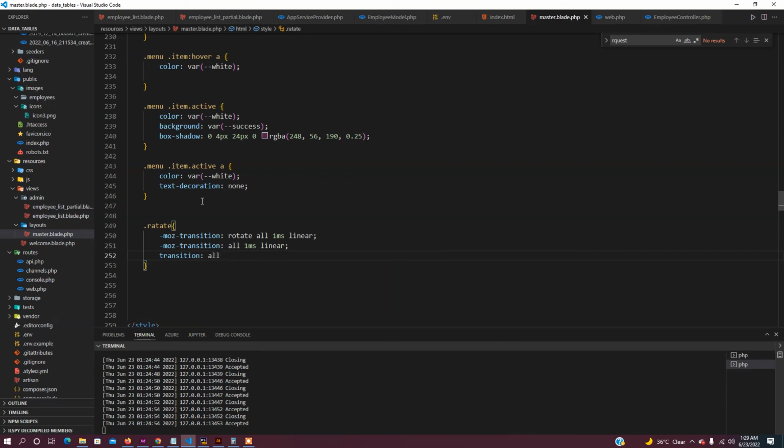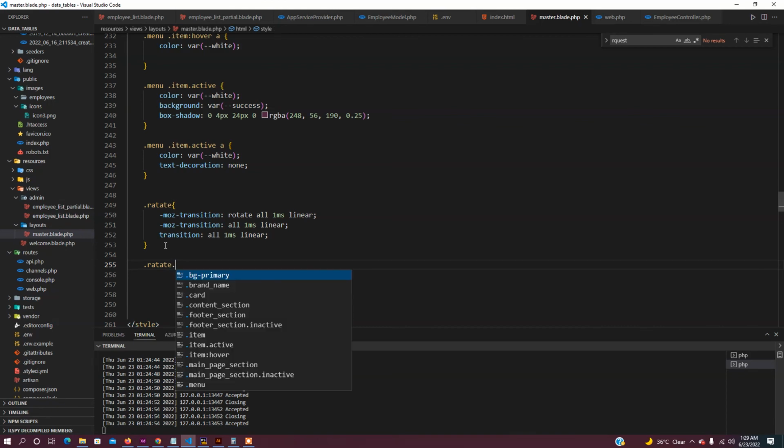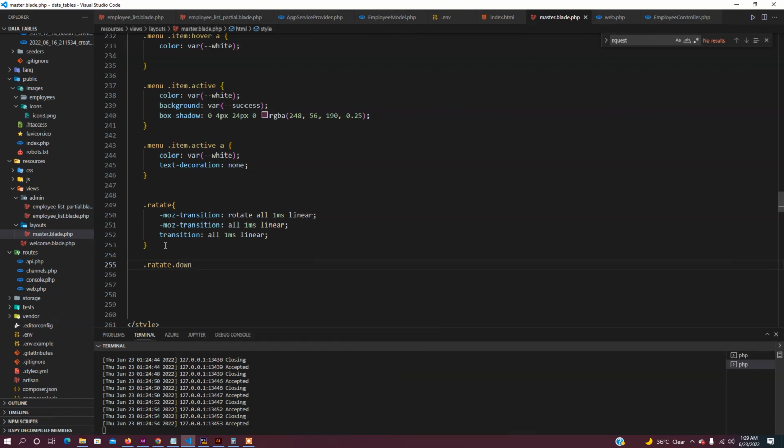It will be 1 ms, same as the others, like that. And that's my rotate. Now I'm going to define my rotate down class, which will be inside the rotate class. So I'll have the down class here, and what I'm going to do here